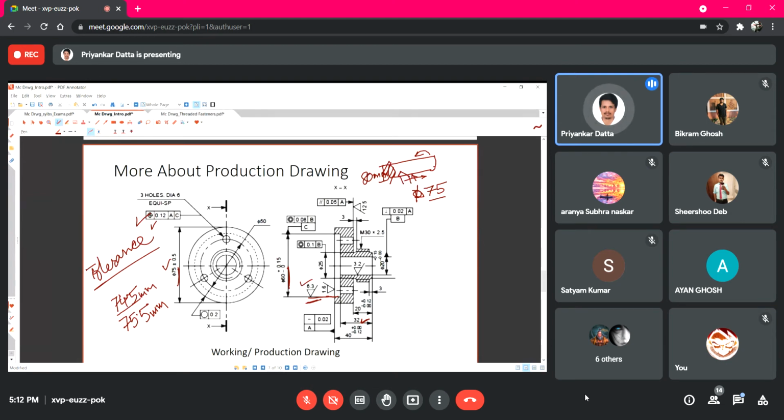Now there are several possibilities that the tool head is worn out. In that case, the accuracy of machining will be reduced. The lathe you are using may not have sufficient accuracy, or some misalignments are there. That may create some error in the machining.